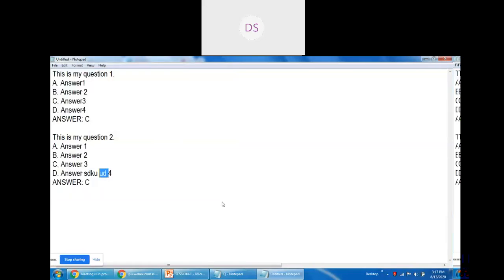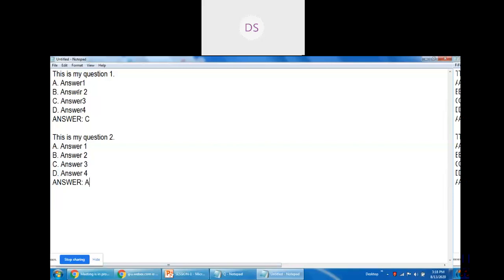But you should remember, after this D, you just need to have either a dot or this symbol. I'm just following the dot symbol. So in this question, I know the answer is A.